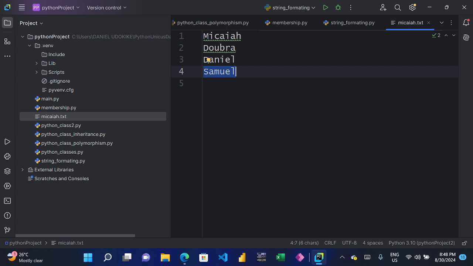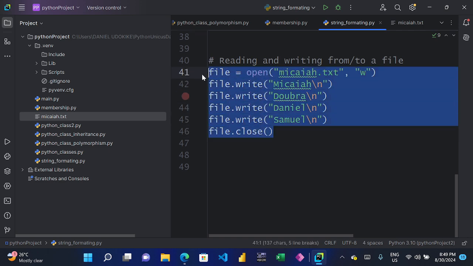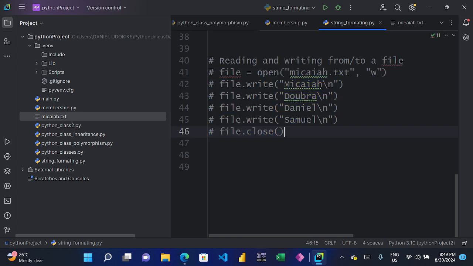All right. Now, there is a context manager that helps you to close a file automatically whenever you are done writing to a file. This context manager was developed with the mind that we are humans and we may mistakenly forget to close our file after opening it. So that way, I can comment this out. I'll come down here and we'll say with